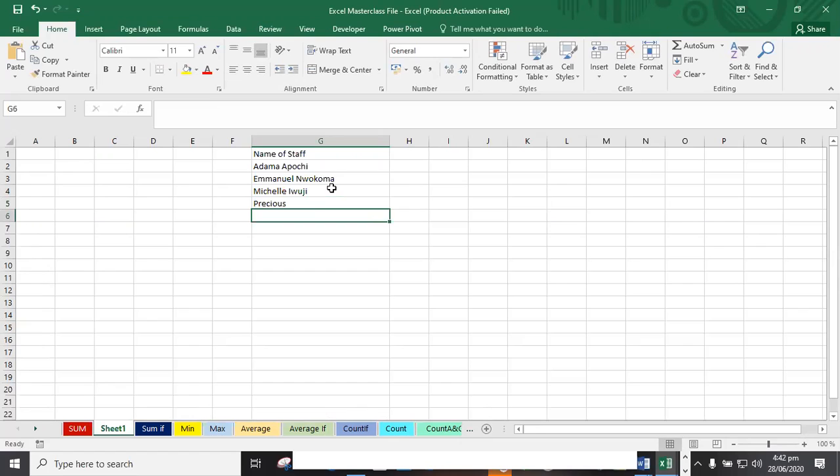So let's work with these names. Let's assume these are the names. You keep typing and typing. So you can just create a custom list by